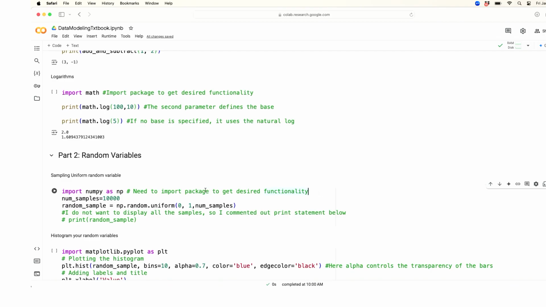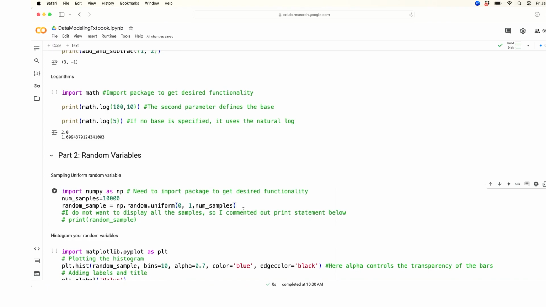So the first thing we do is import the package, again numpy, or numerical Python, and we'd like to refer to it as np. So here I'm importing numpy, and I'm going to refer to it as np. So when I call a function or something within it, I can use np dot and so forth. I'm going to generate 10,000 samples. Those will be the number of numerical samples drawn from the uniform distribution. And finally, I will generate an array of these random samples using